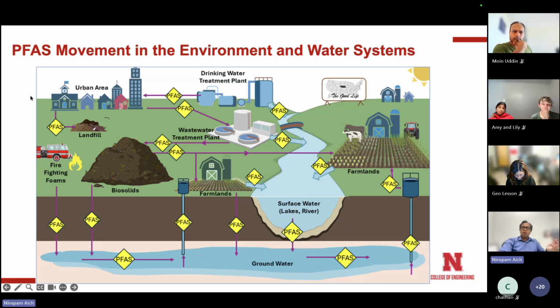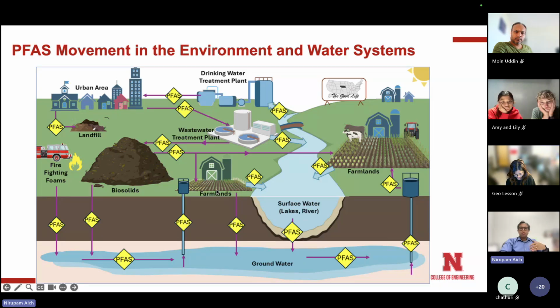So why are biosolids a problem? Because in most cases, wastewater biosolids are used as fertilizer, because they also contain a lot of nutrients like nitrates, phosphorus, and others. For example, in Nebraska, 95% of biosolids are used in farmlands, and in many other states too. So now people are figuring out that biosolids can also create a problem for farmlands, where PFAS can eventually be leached from that biosolids application, right? In the state of Maine, they have actually banned biosolids application in farmlands because of PFAS-related pollution.